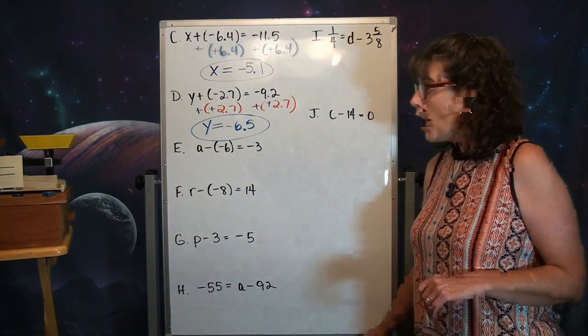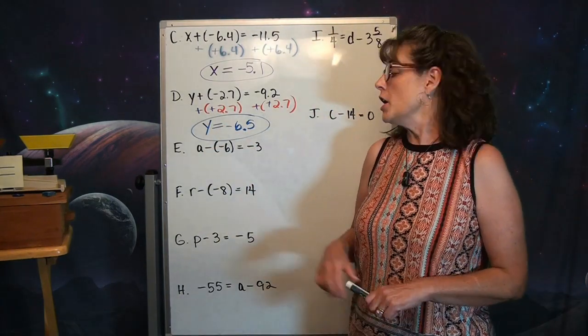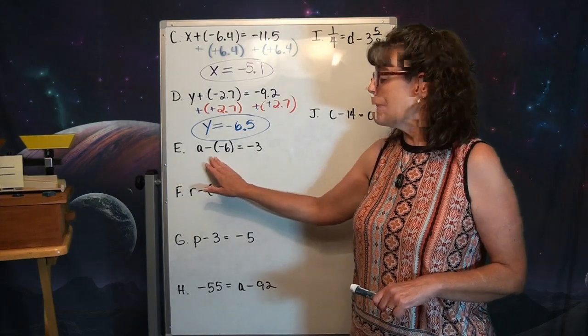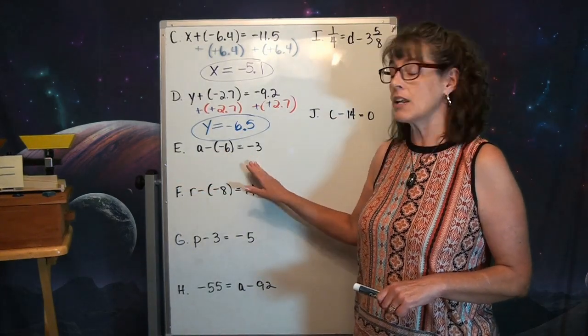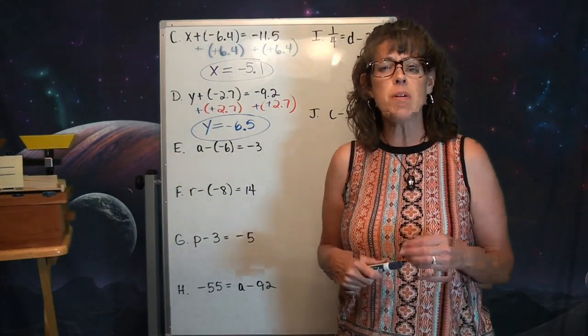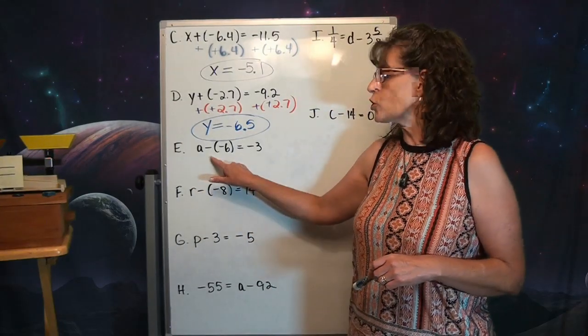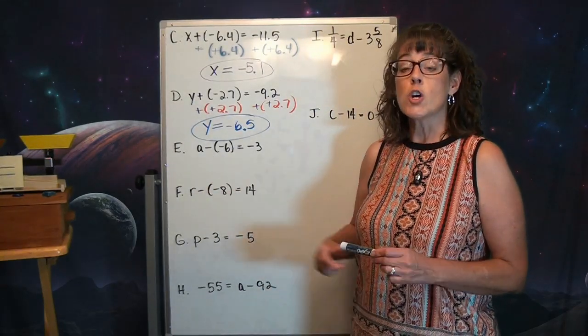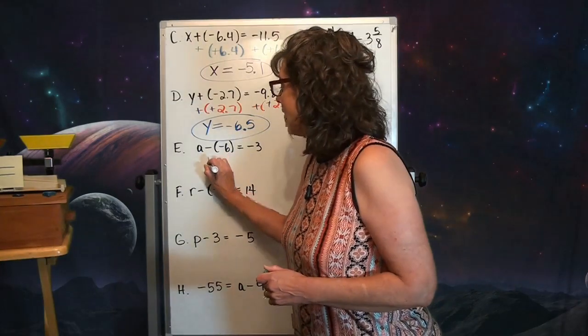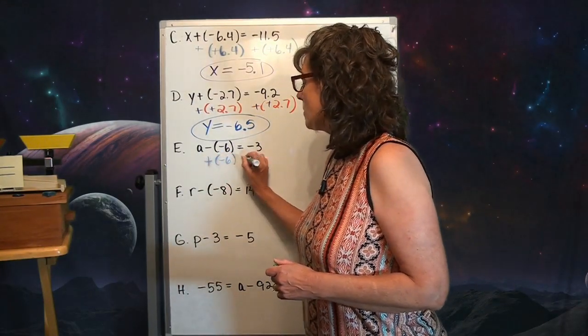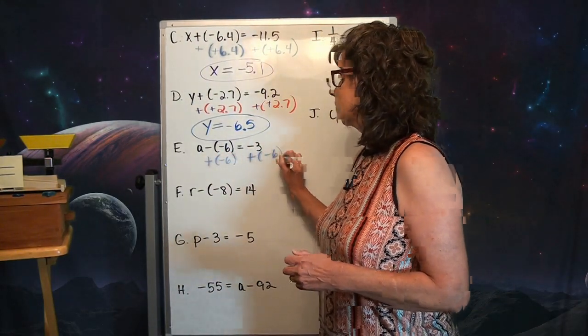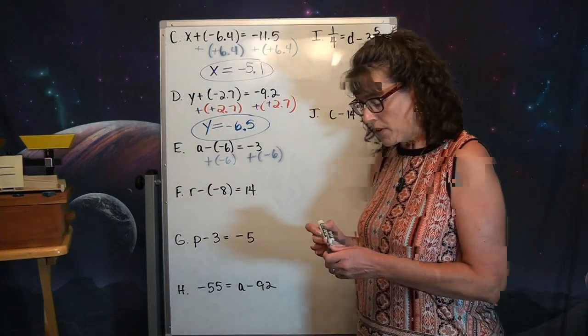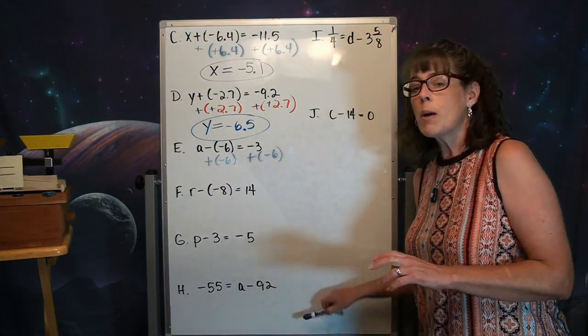All right, we're going to switch gears just a little bit. Notice that this one says a minus a negative 6 equals a negative 3. And I'm going to ask myself, what's already been done to that variable? I subtracted a negative 6. So the opposite would be to add that negative 6. And so I'm going to add a negative 6 here. Now these will cancel and that will give me that a by itself,